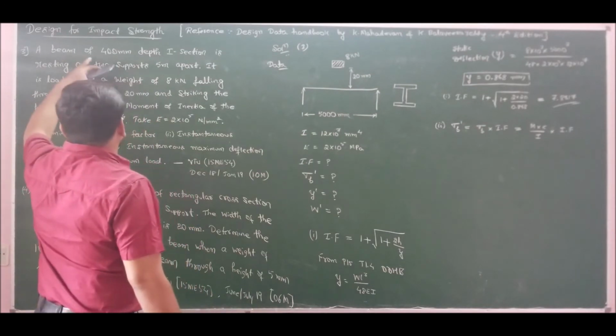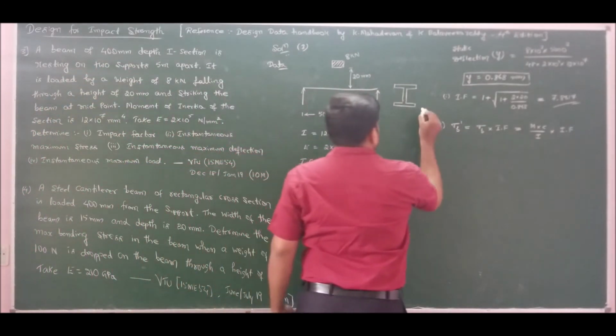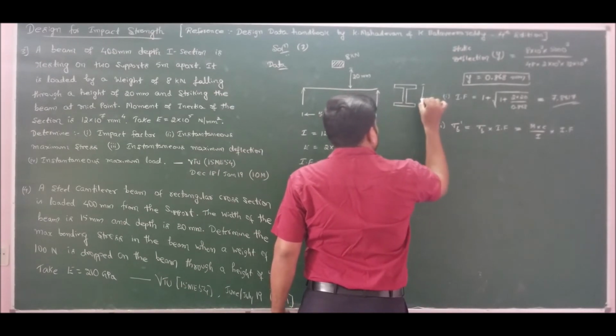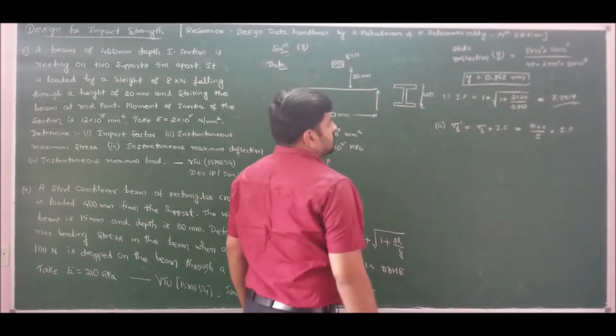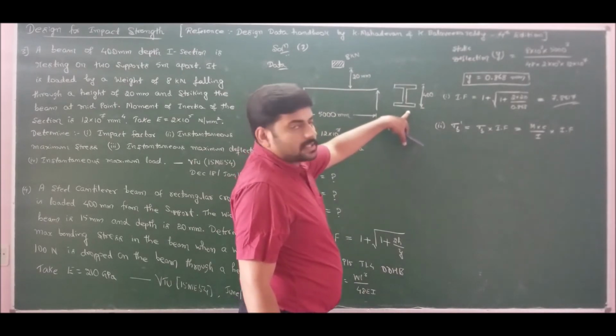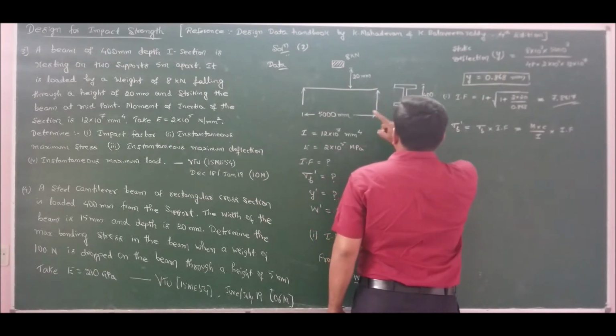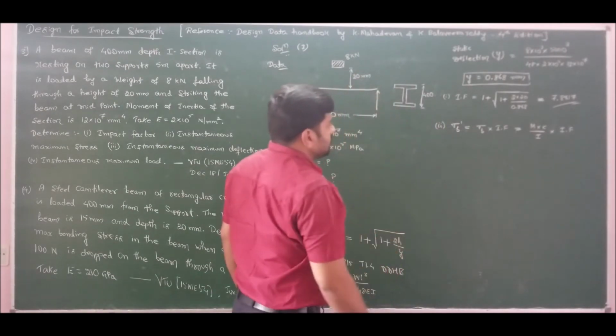He has given the depth of the I section beam as 400 mm. Therefore c is d by 2, so 400 by 2 becomes 200. The c value is 200. Now for the bending moment of a simply supported beam loaded exactly at the center, we know the formula